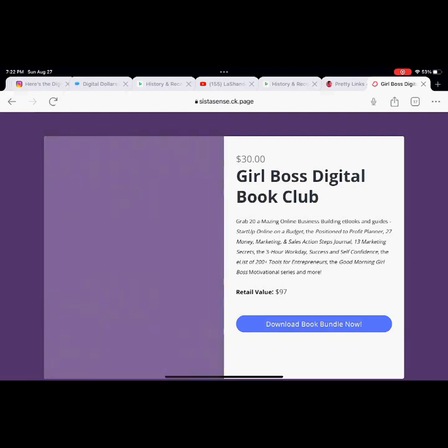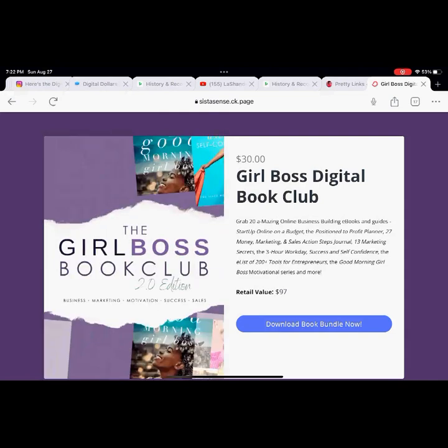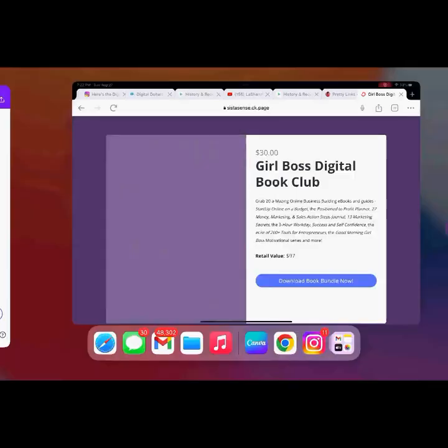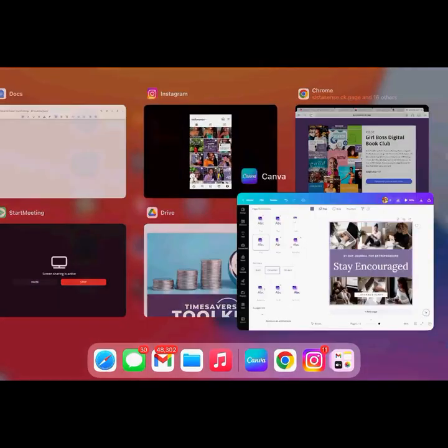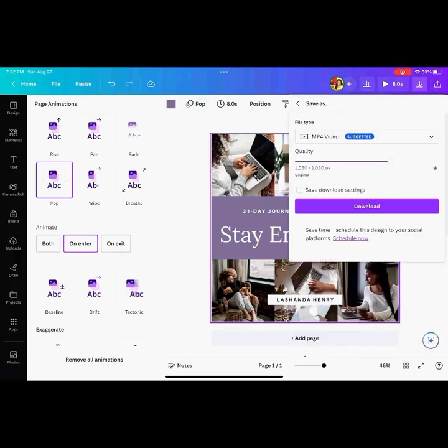And in addition to using it on the product page, I could also simply use that same graphic on social media as well. So you could save it as an animated GIF, or when you come to share, to download, you could save it as an MP4 video graphic.